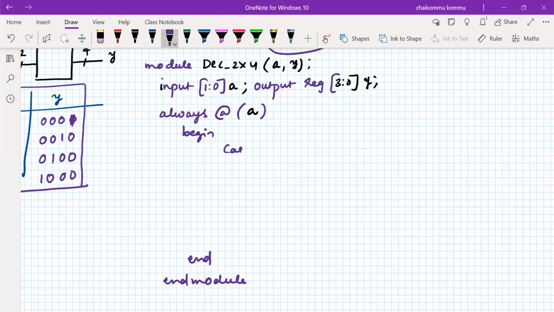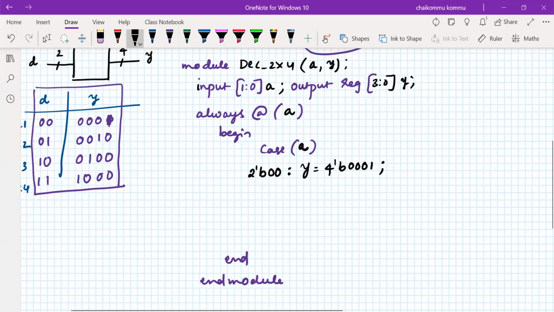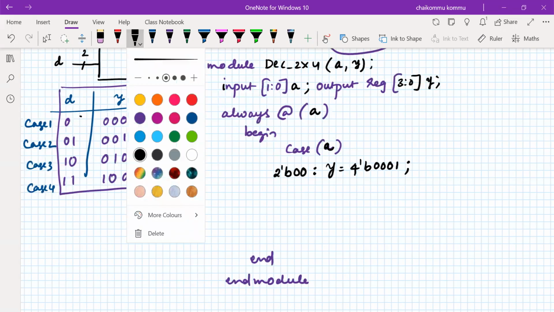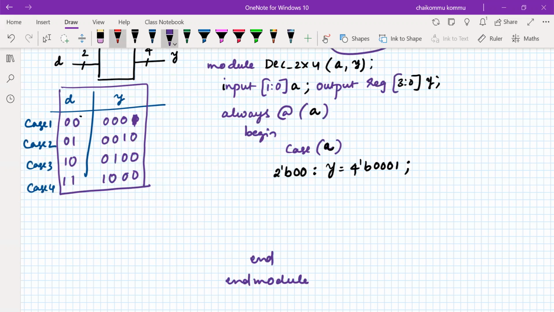Case, what is the case that I'm talking about? Case for A. So what does A say? If A is equal to 2-bit 00, the number notation I'm following, Y is a 4-bit 0001, as simple as that. So if the input is equal to 00, the output is this much.